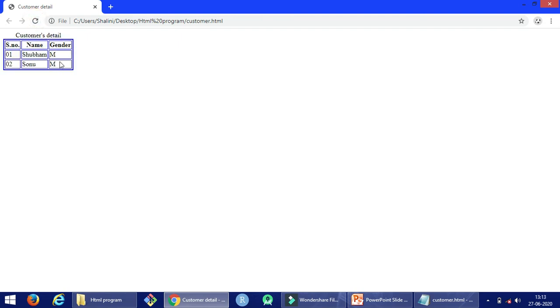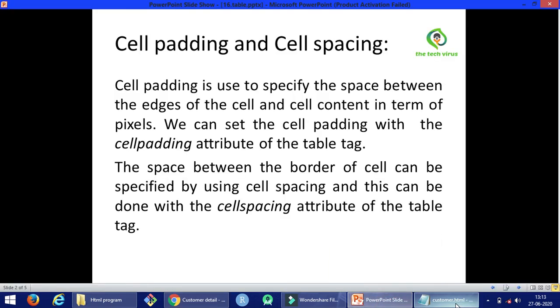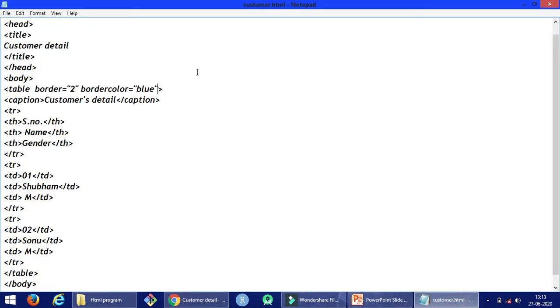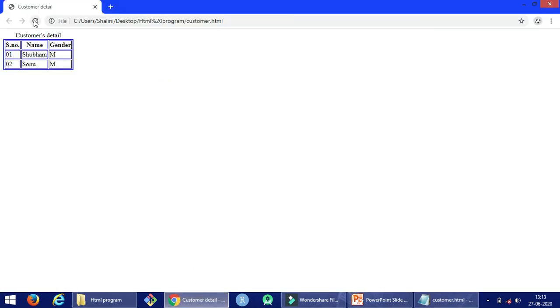See, here we are seeing the color of the border is blue. Now write here cellpadding equals 6. Save it and refresh it.